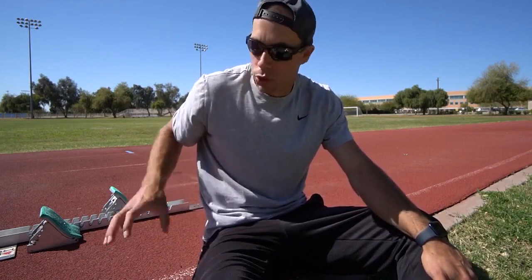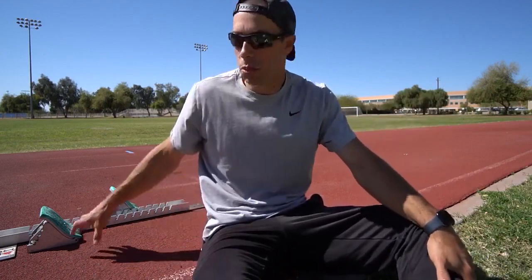Obviously, we want to work on strength training, power development, things like that in the gym when we have the opportunity to, based on our program setup. But I think really where we're going to get the most out of improving our block starts is by doing block starts, by doing faster sprints, speed endurance work to get faster overall, and then contrasts between block starts and